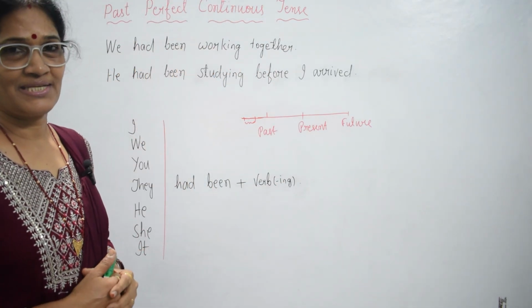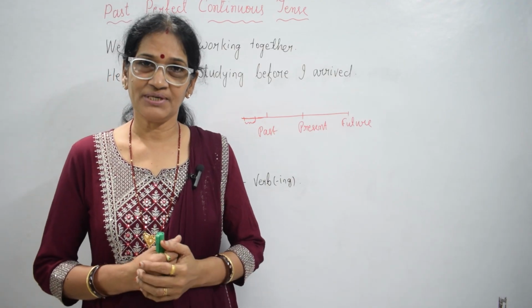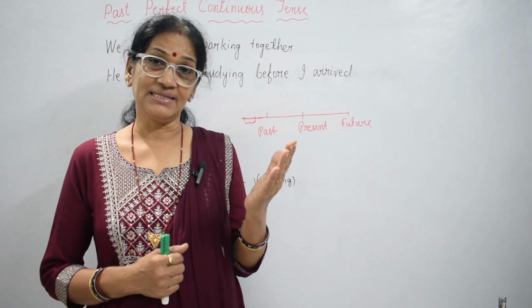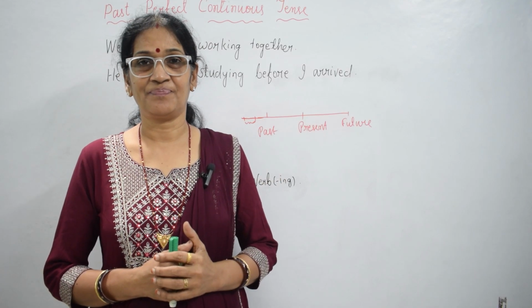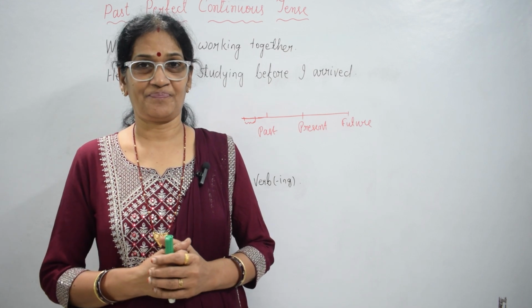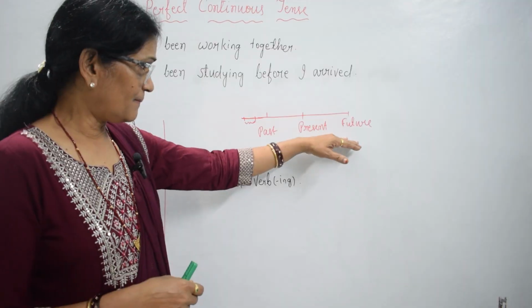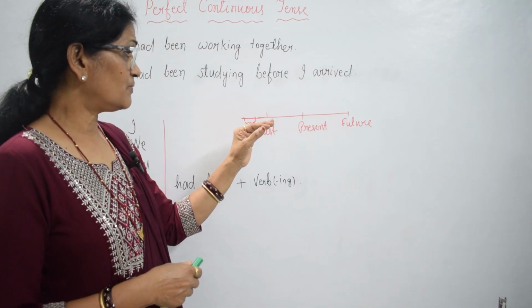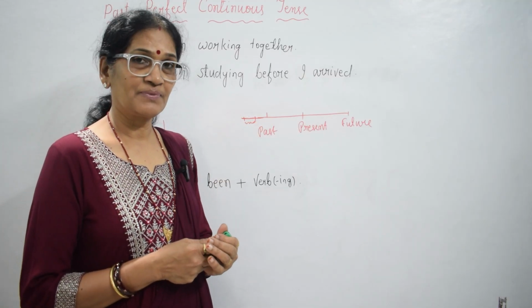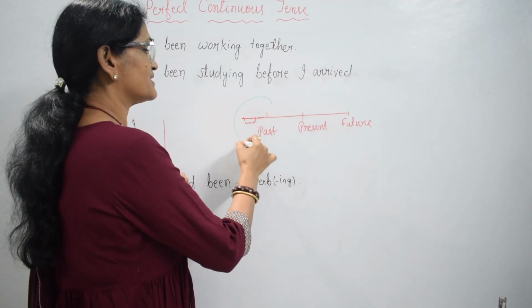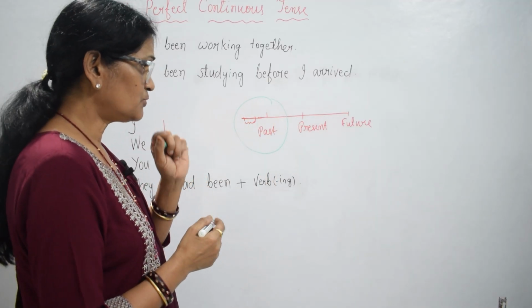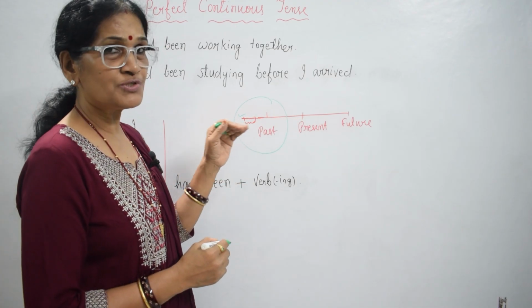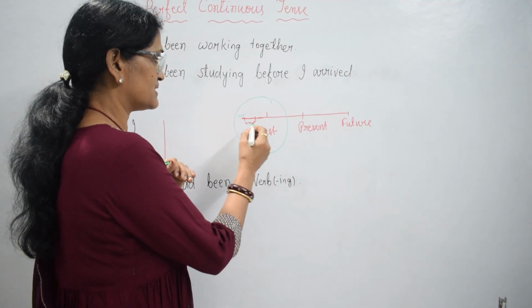Past perfect continuous tense. What is the definition of past perfect continuous tense? This tense is used when an action started at a certain point in the past and continued up to the time of speaking. Okay, so this is the timeline: present, future, past. Which situation? Past perfect continuous means everything is all about the past. Suppose one action started at a point and was an ongoing process. It started